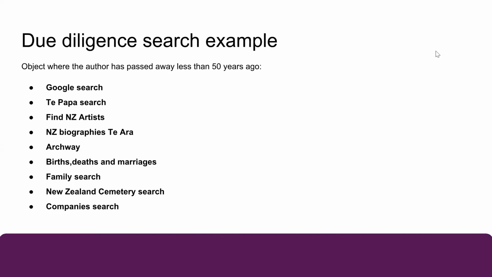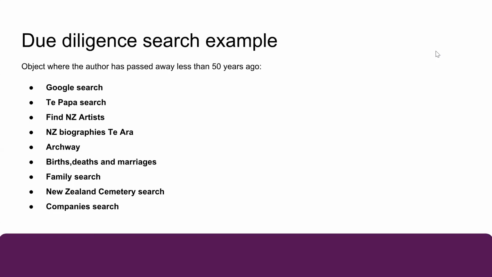Archway was probably one of the main places that I found information, and this was through people's probates. There's also some business paper material and also some divorce proceedings on Archway. You can either view these files in person if you're in the city where Archives is located, or you can request a digitized copy, but that does involve a fee. Using births, deaths and marriages is also really good to trace family members, and also FamilySearch, which is a free website which has digitized probates, and sometimes there's quite a lot of probates on there that are already digitized and online.